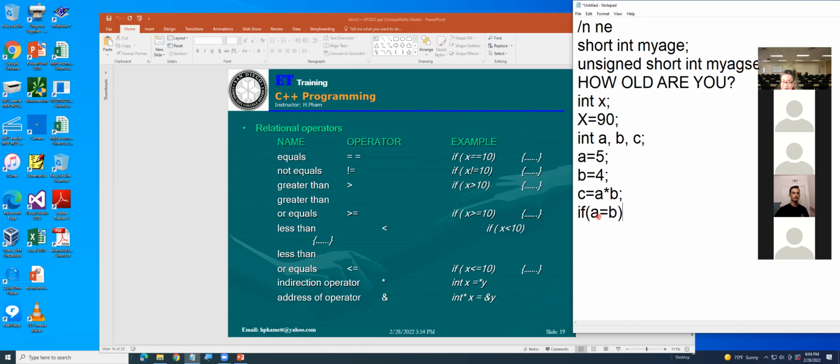What is it here? This is simple here. What operator? Who's telling me what that operator equal is? Equals. That's a comparison. You're comparing. Relational.